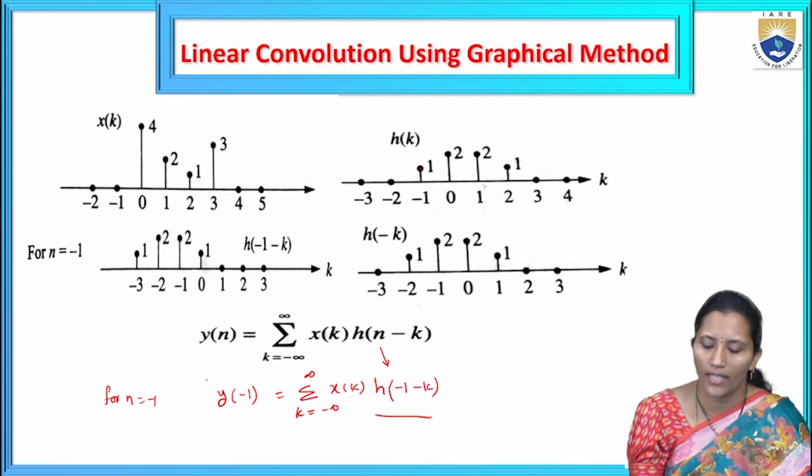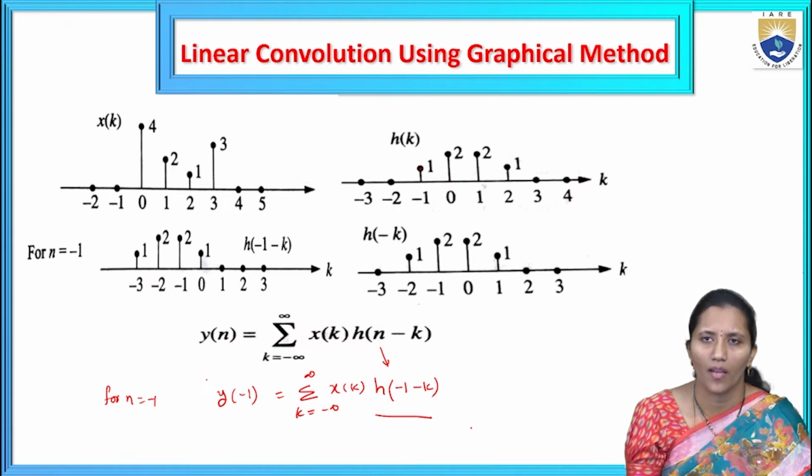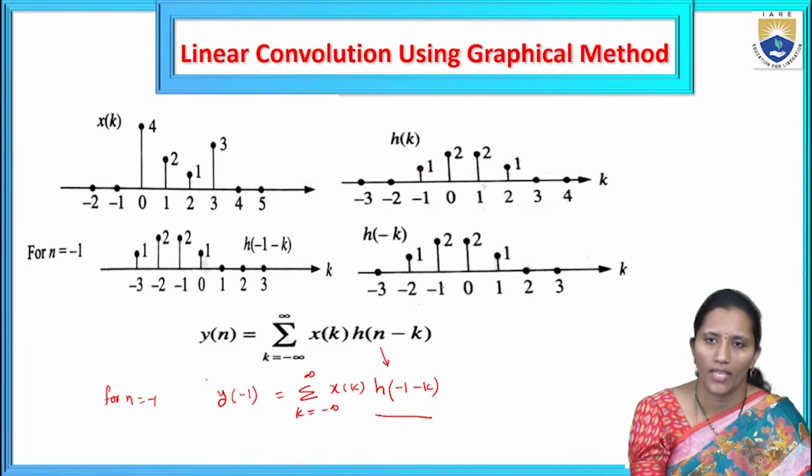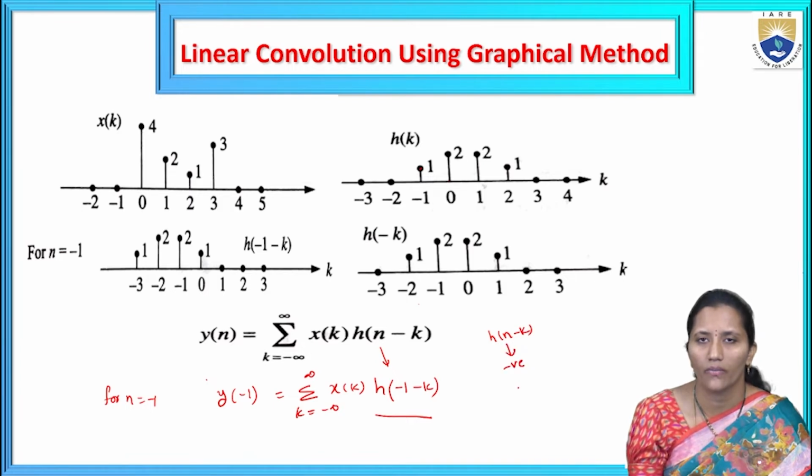So to get the h of minus 1 minus k sample, we have to shift this h of minus k sequence to the left side, because for h of n minus k, if n is a negative value, we have to shift the sequence to the left side